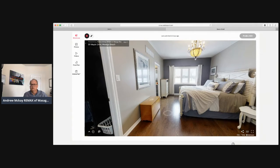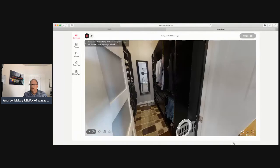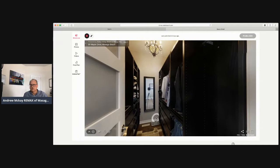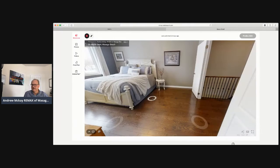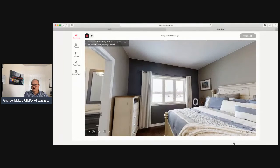All good. So those organisers are staying. Big walk-in closet, as you can see, with very nice organisers. I could do some of those myself. And that's a king-size bed they have, overlooking the back. So lots of light, I know, going on like a realtor, but it's really nice and bright